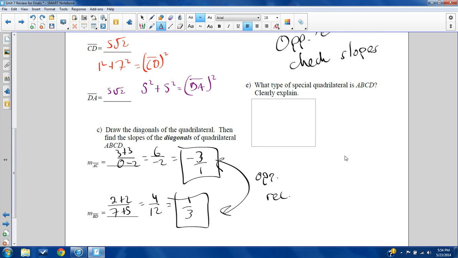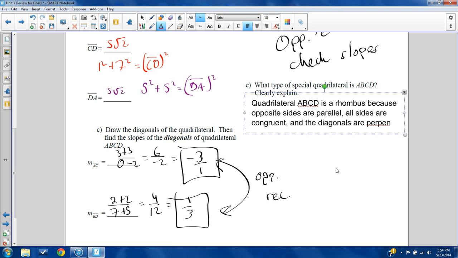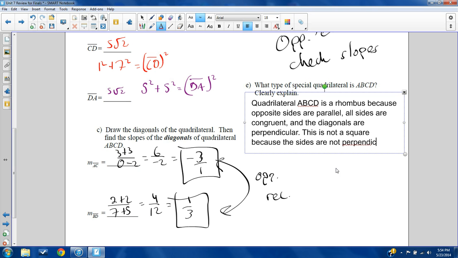So my clear explanation will be: quadrilateral ABCD is a rhombus because opposite sides are parallel, all sides are congruent, and the diagonals are perpendicular to each other. This is not a square because the sides are not perpendicular to each other. So that explanation is good for me